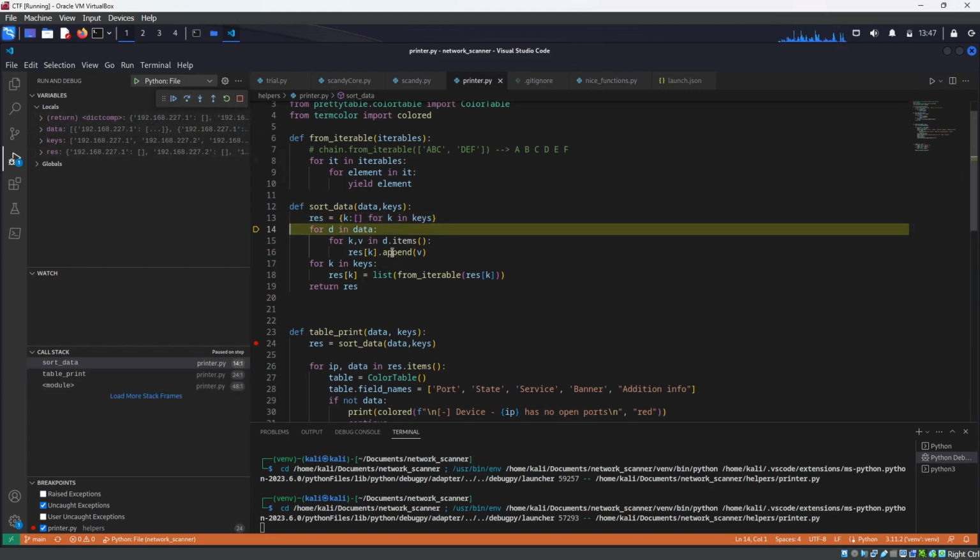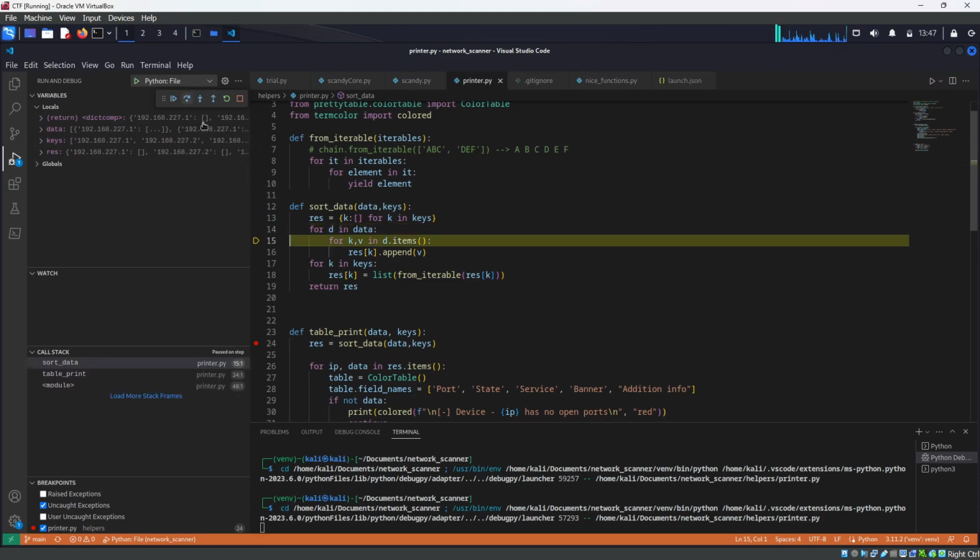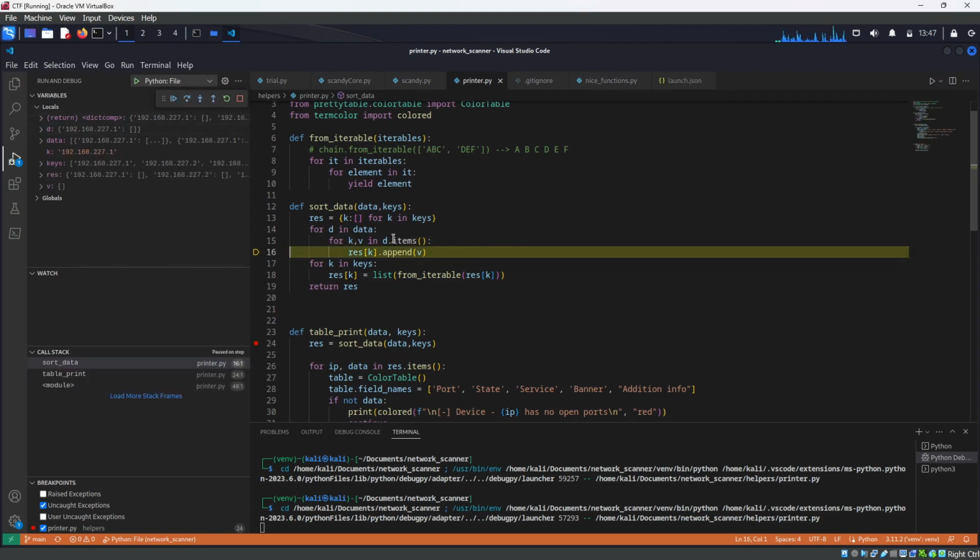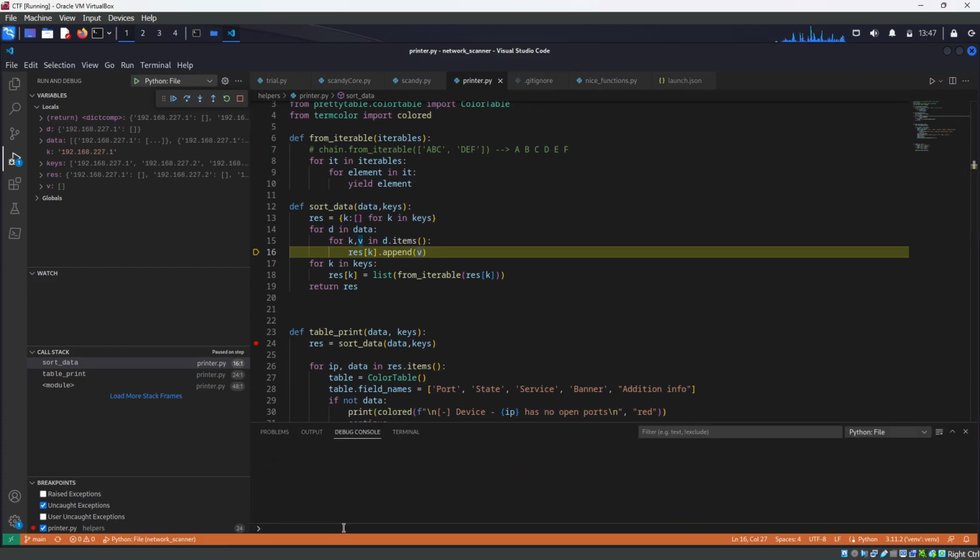And then for each data, since it's a dictionary, we will have a key value pair. So for each key, we just append the result in each of the data. And if we are to check the length of the data,